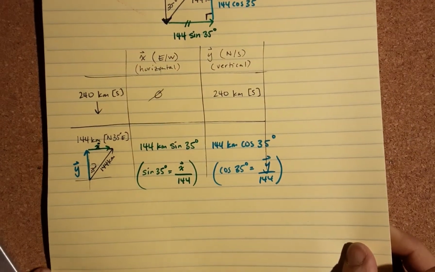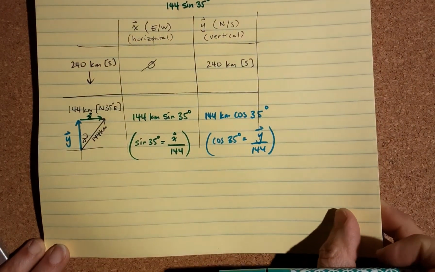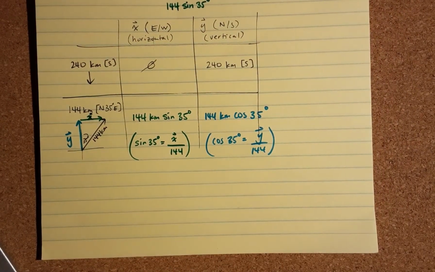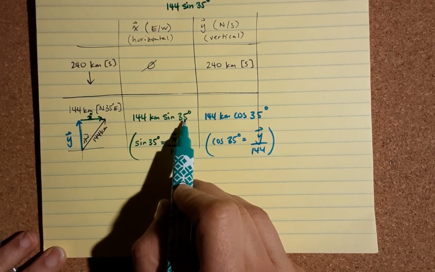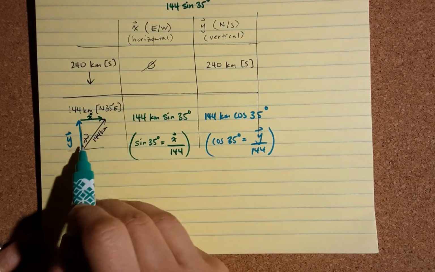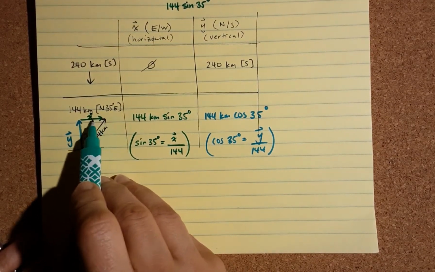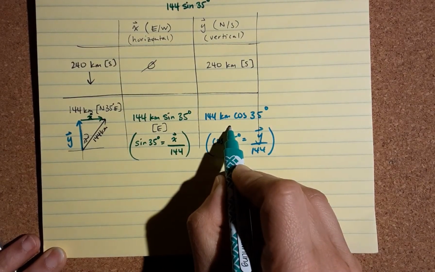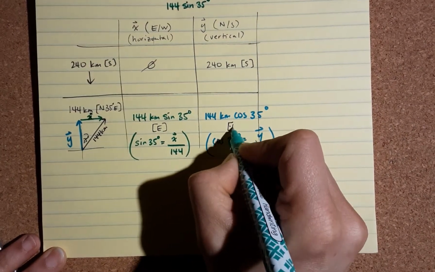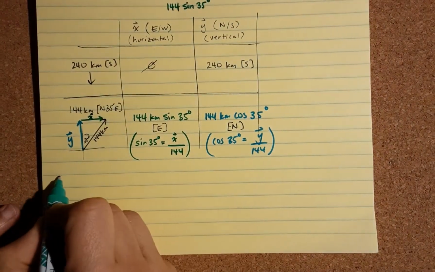Oops. All right. So now, all of that mumbo jumbo. Now I should put in the direction. I didn't put it in. So this right here, the X is to the right. That is east. And this one here is to the north. So now what we do is we actually have